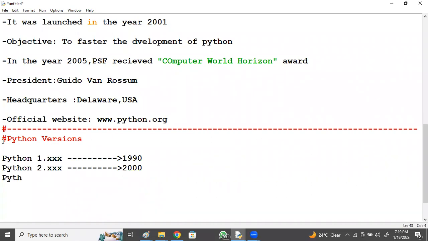The version we are using currently is the 3.x version, 3.1, 3.2, released in the year 2008, almost 14 years ago. The latest version of Python we are using currently is 3.11, the stable version of Python.